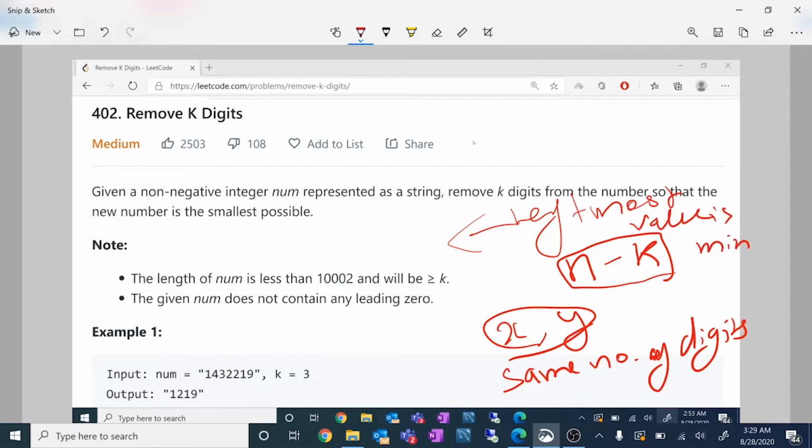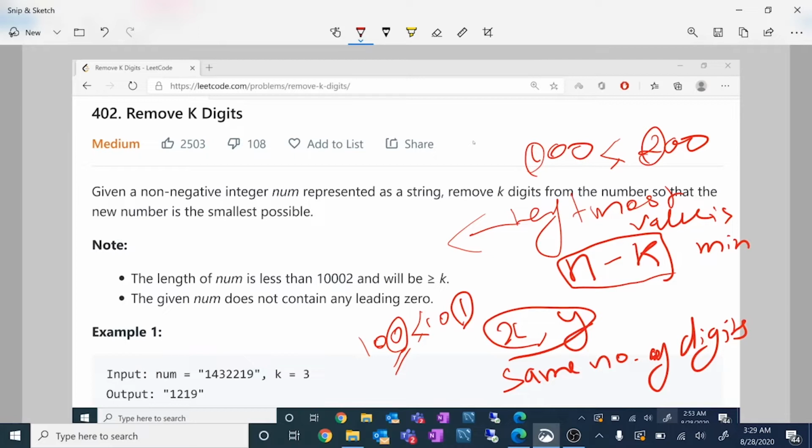What does this mean is that suppose x is 100 and y is 200. So what is the leftmost one? What is the leftmost two? So I can say 100 is less than 200, or for 100 and 101, what is the leftmost different value here? 0 and 1. And which is lesser? 0 is lesser than 1. So this overall is like this, right? So this is the kind of a core idea that we're going to apply in this question.